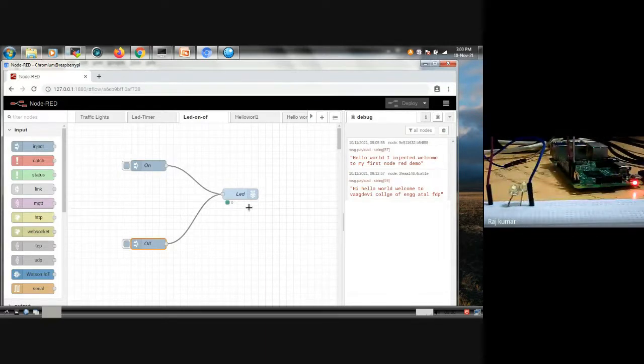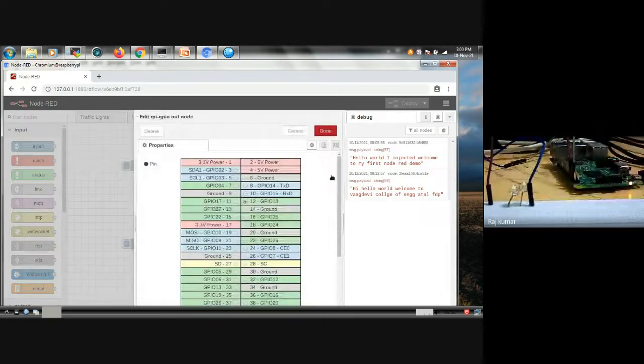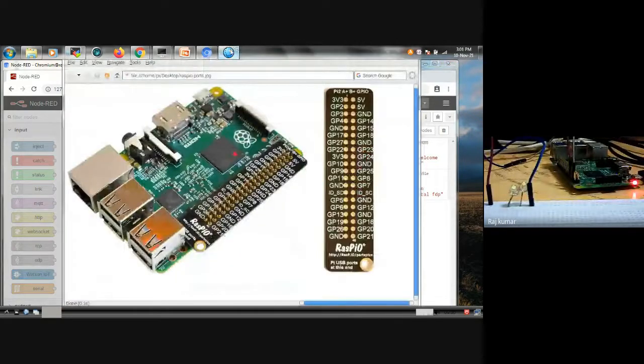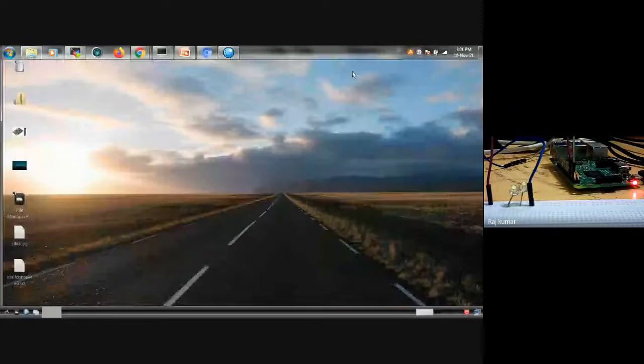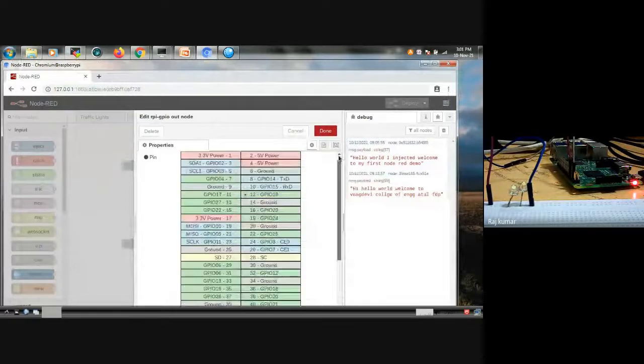Now coming to the Raspberry Pi node. You can see the GPIO pins layout here. Whatever pins I showed yesterday, just now I'm showing you. At the right side, you can see all the GPIO pins. The same GPIO pins are available on this particular node. Whichever pin you are engaging should be selected. For example, you can see serial numbers 1, 2, 3, 4, 5, 6, 7, 8, like that, up to 40.